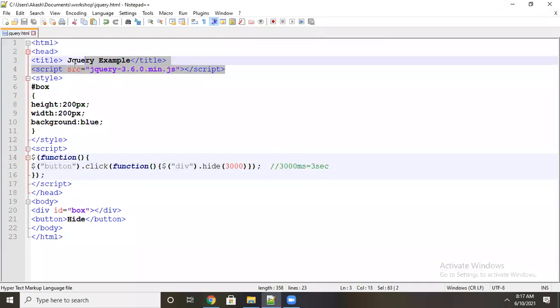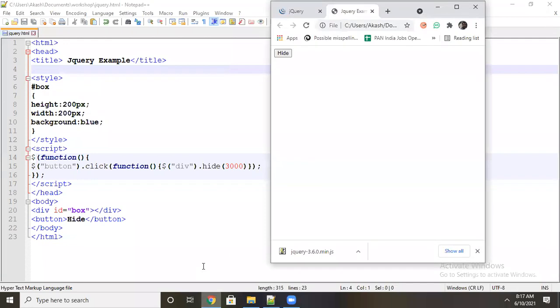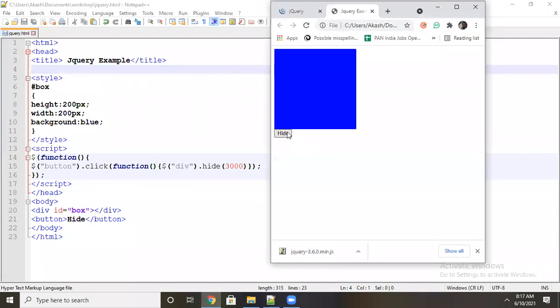Because of the library it is working. Now just imagine I remove this library and refresh. You can see it will never work because it depends on that particular library file. That is one of the reasons.